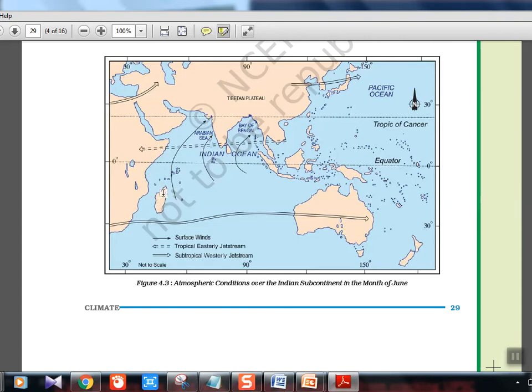So a high pressure area will get created, and wind will flow from high pressure to low pressure. It will slowly come through the Maldives, Lakshadweep and all, and then it will come to the western coast of India. After coming here, because the shape is like this, it will split into two. One will go to the Arabian coast, one will go to the Bay of Bengal coast, and here